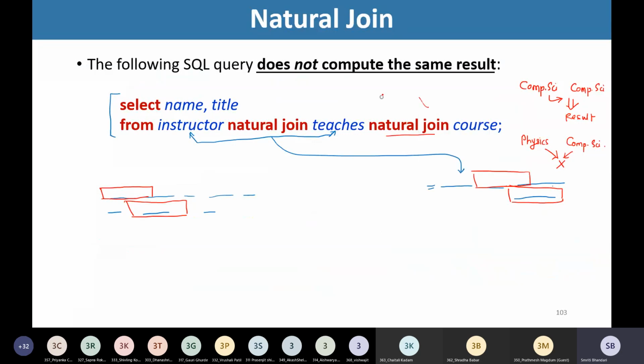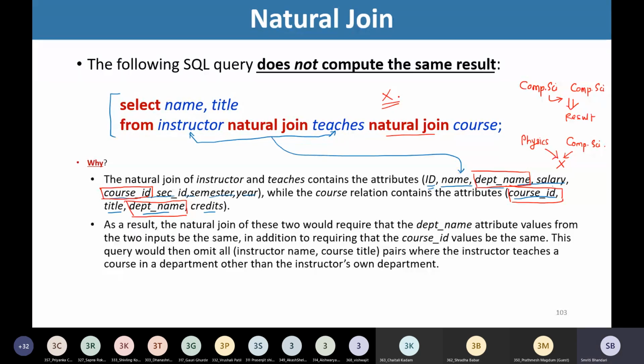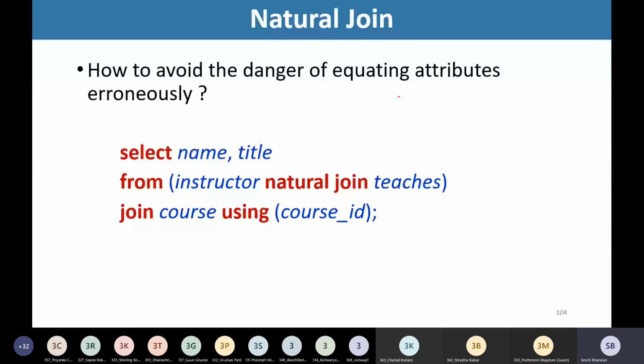But the natural join will not provide us the desired result. How can we overcome this? So either we may use the earlier version that we have written, or we have a solution: how to avoid the danger of equating the attributes erroneously.